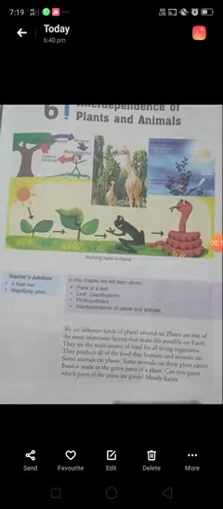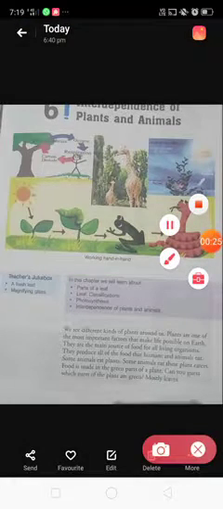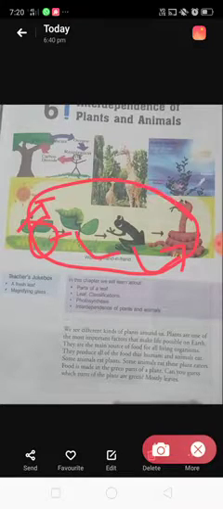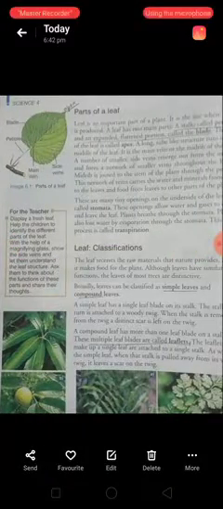Now, from the name Interdependence of Plants and Animals, all the plants and animals are depending on each other. See the diagram here. Here the leaves depend on the sun to get energy or to get food. Then this plant is eaten by a caterpillar. Caterpillar will be eaten by a frog and frog will be eaten by a snake. So from this we can say that all the living things on this earth are interdepending on each other. Clear now? So come to the next page now.